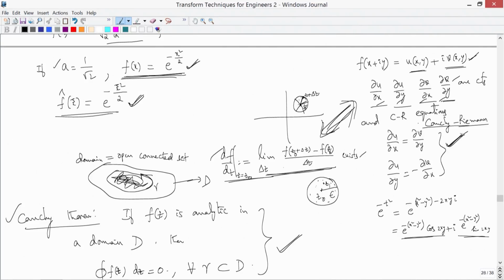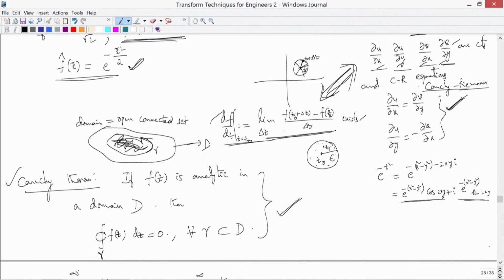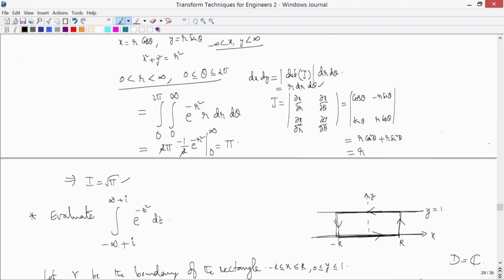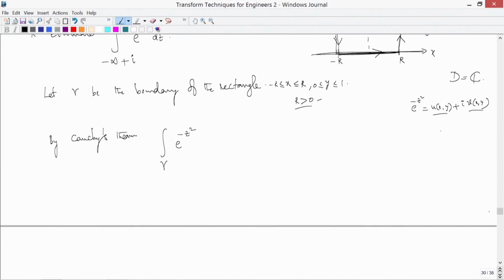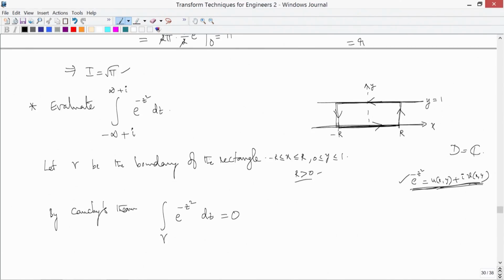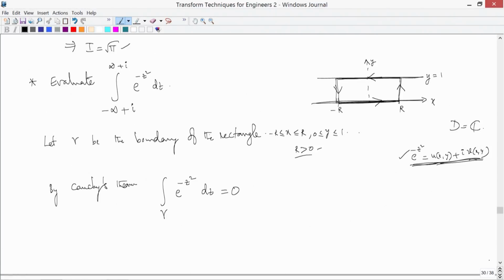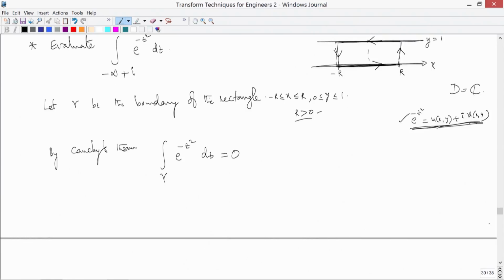So, these are the Cauchy-Riemann conditions that are satisfied. Okay. So, once you have this, you can look into complex function theory books to see that e power minus z square is an analytic function. So, this is the integral of dz equal to 0. What does it mean? Over this contour, you cannot parameterize it as a single function. So, this is over minus r to r,